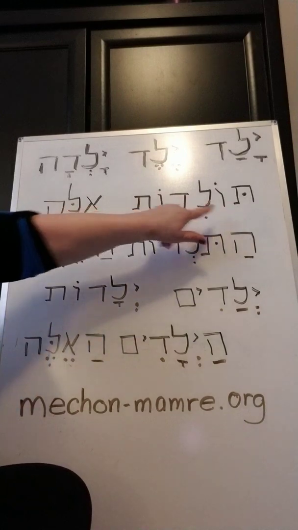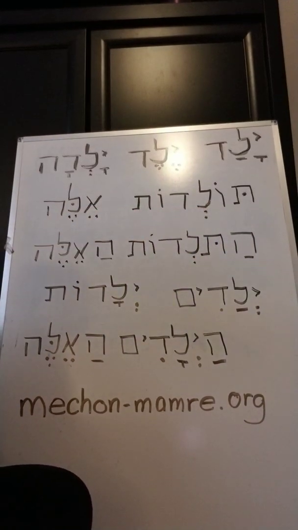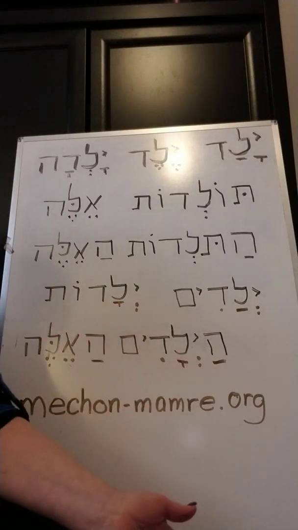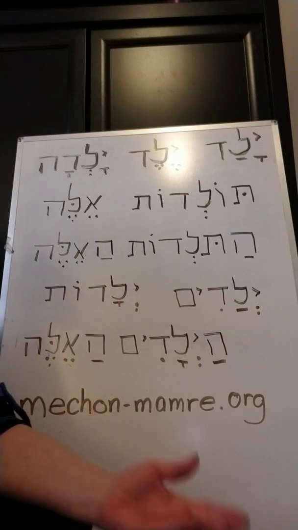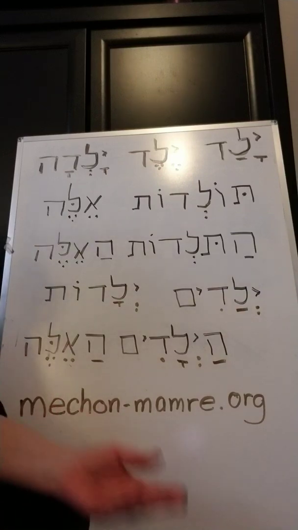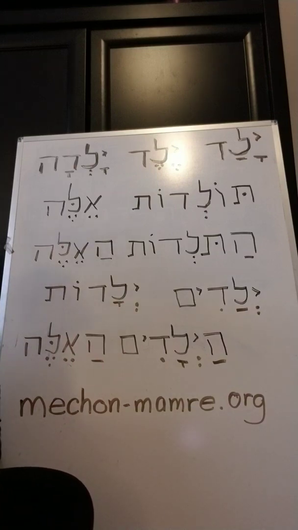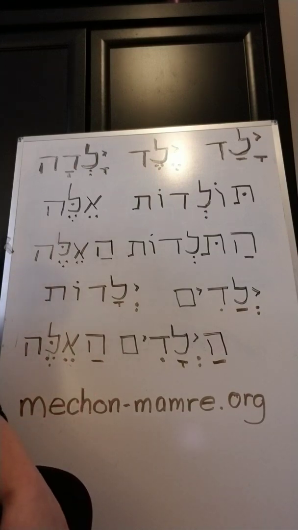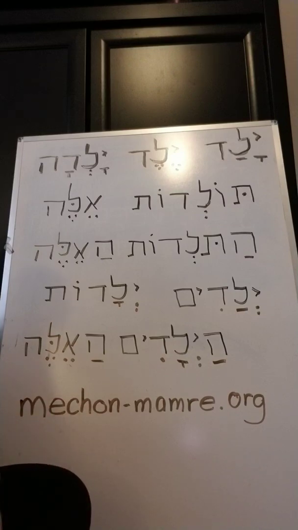But if you had just one of these, it'd be tolda. And that could be the result, which is kind of how it would be used today in modern Hebrew. The result, not profit, not like business, but the end result of things. But in biblical Hebrew, it would mean generations. What is the product of all your begetting? It's the generations that come after you.